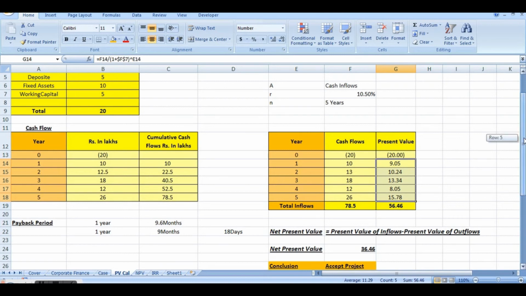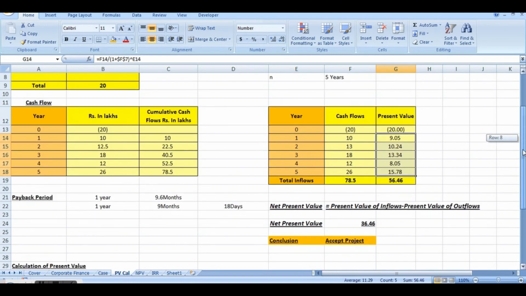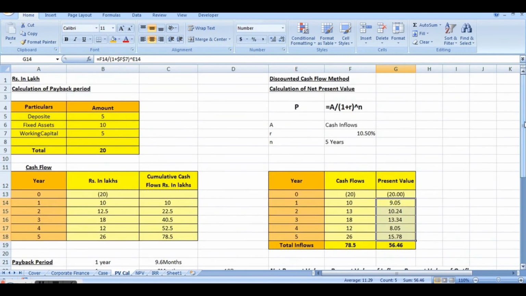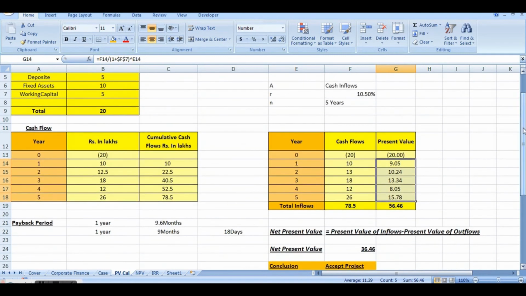Now in what cases should NPV be used? In fact, in all the projects NPV should be used. As we have said, payback is useful in inflationary conditions or where risky or dynamic technology changes are there. In such cases it is useful, but not in isolation. It should be clubbed with the net present value method, and then it should be used. It will always give a better conclusion to the decision maker.